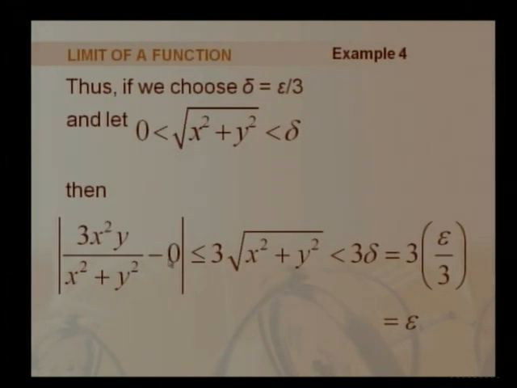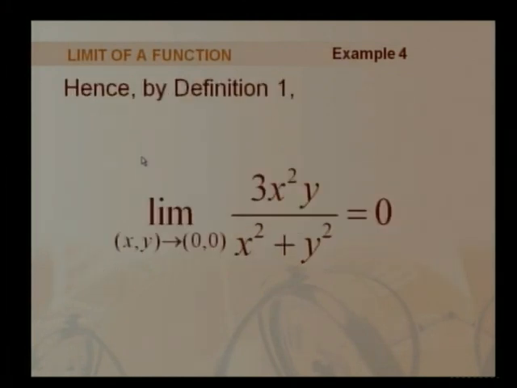So we can say that as x y approaches 0 0, the value of this function is 0, meaning this 0 is the limit of that function when x y approaches 0 0. We can write this as limit of 3x square y upon x square plus y square is equal to 0 when x y tends to 0 0. So this is called the limit of a function f of x y, and the limit of this function is 0 when x y tends to 0 0. Here if we take any approach, every approach will lead to the value of the function as 0.